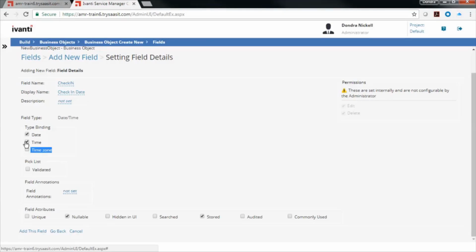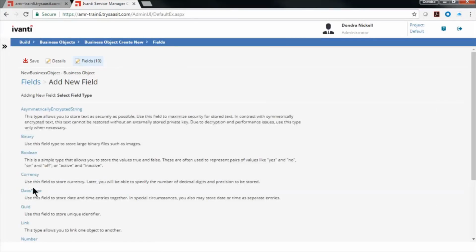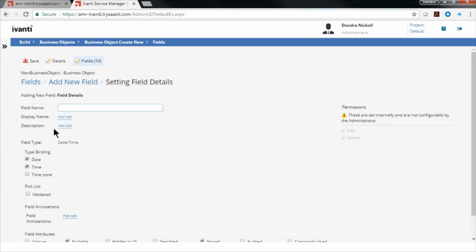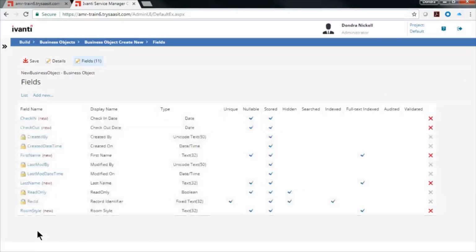Well, I'm not going to have the time zone or the time. I'm just going to have the date. And I am going to add this field. I'm going to add another date field, and this will be checkout. Okay, I'm going to do the same thing. Just have the date field. Add this field. Okay. Now what I'm going to do is I'm going to add the other ones I talked